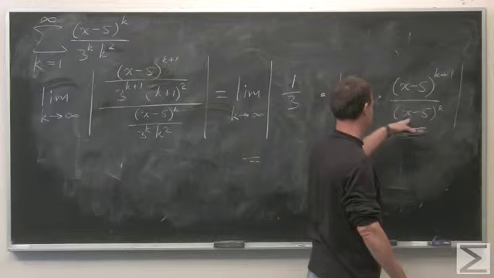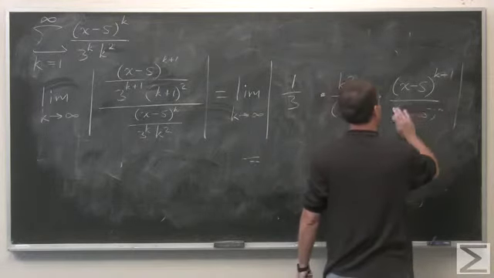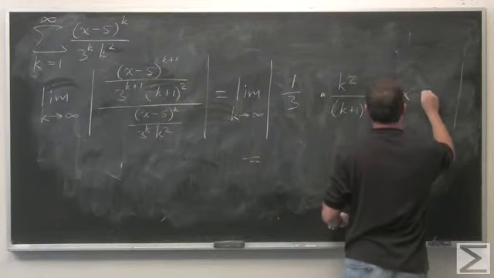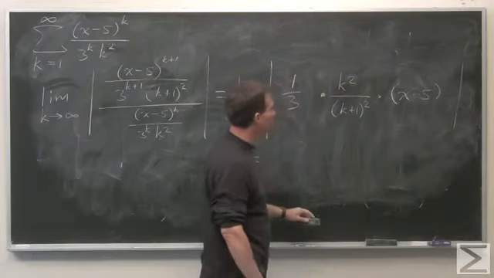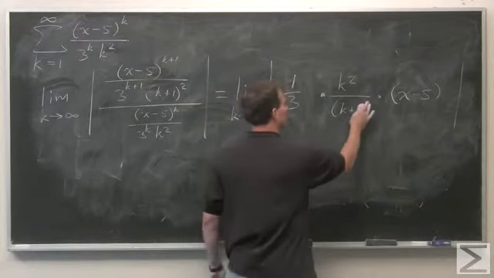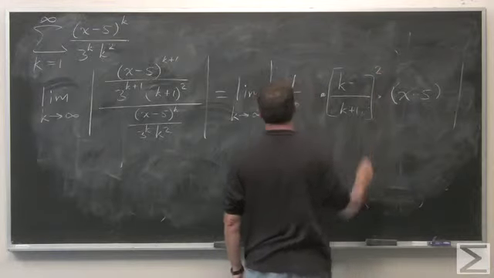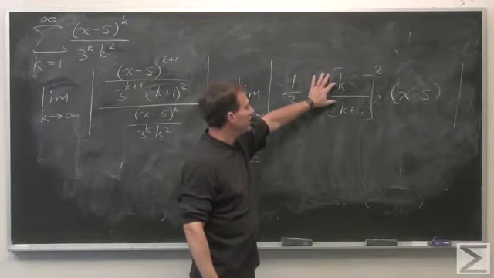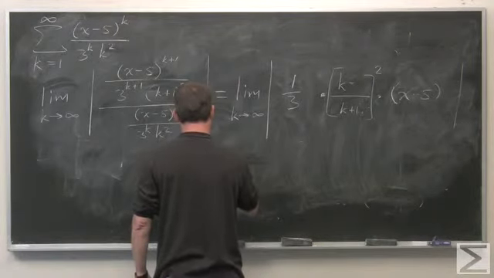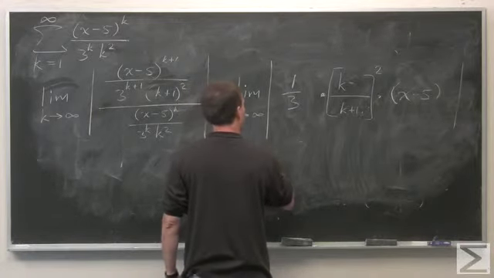This, no matter what k is, as long as x isn't the center, again, this wipes out that k, and you're just left with x minus 5. This part really does depend on k, no matter what you do, but you write it in a nicer form. So you write this as (k over k plus 1) quantity squared. And if you want to know what happens as k goes to infinity, it's nice to divide the numerator and denominator by k. You get the limit as k goes to infinity of the absolute value of, actually I'll